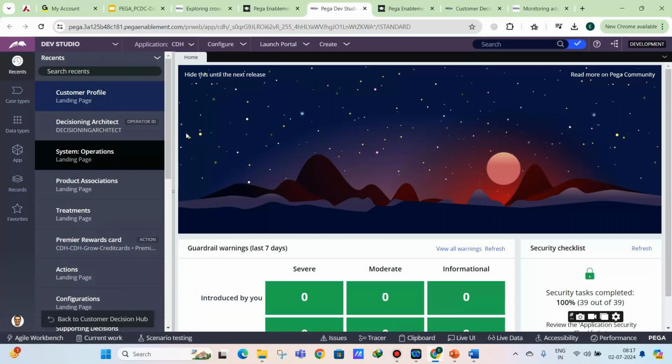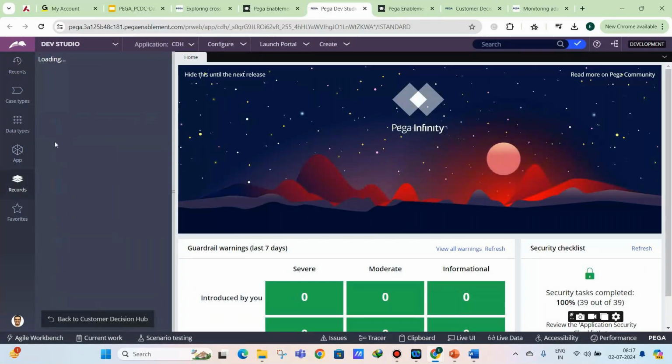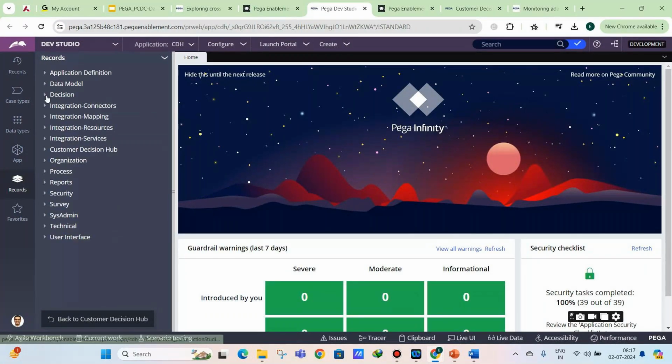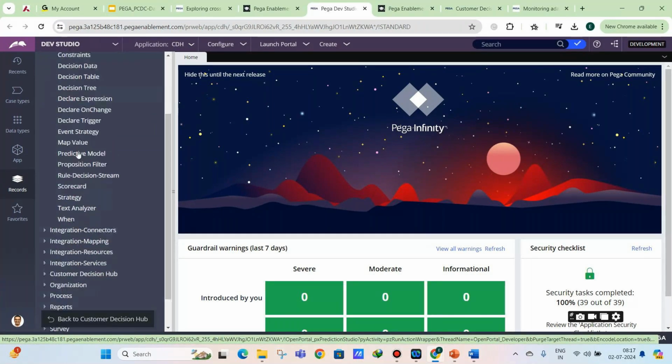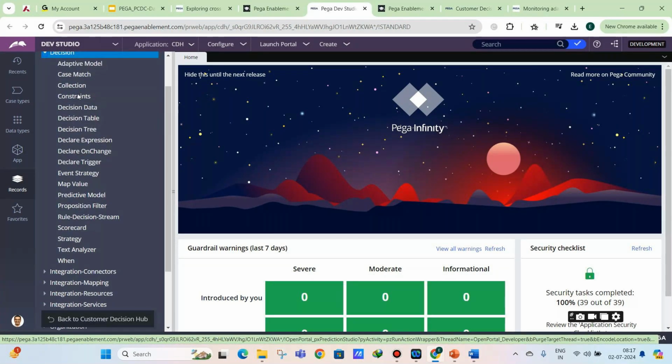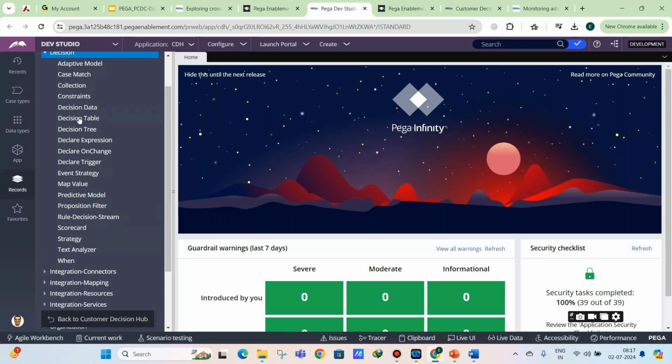If you go to the records explorer, to the decision category, you can see here I have predictive model, adaptive model, strategy, proposition filter, decision data. All these things are part of Pega decisioning concepts. So you can practice all the Pega decisioning in your personal edition also.